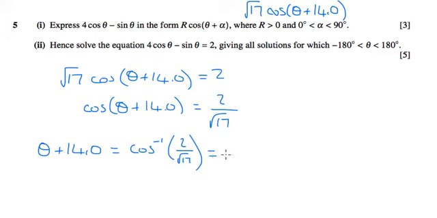Which is going to give me 60.98, so 61.0 degrees. Now if we use our cos graph to work out what other values we're looking for,